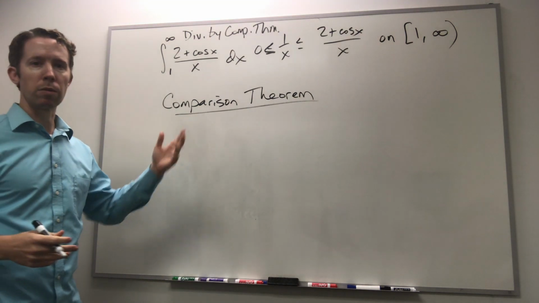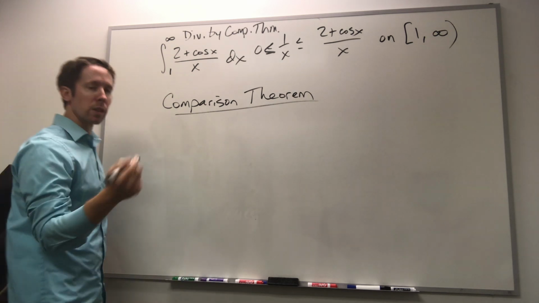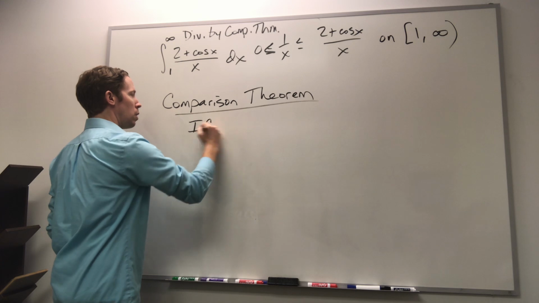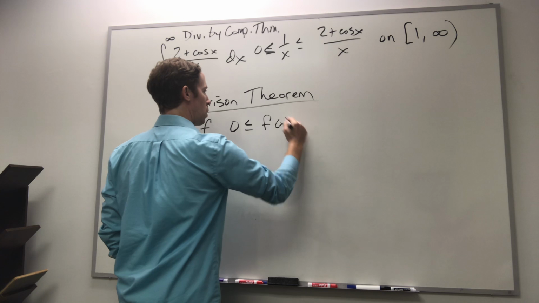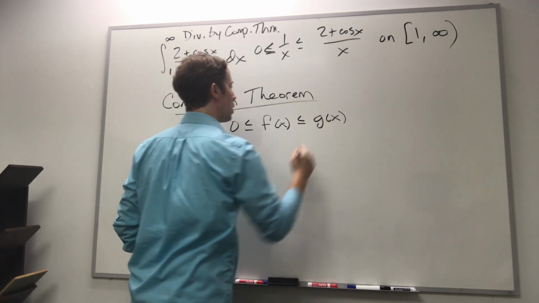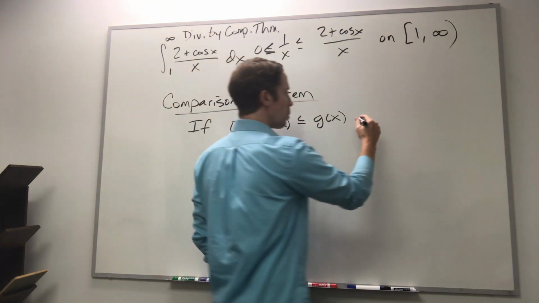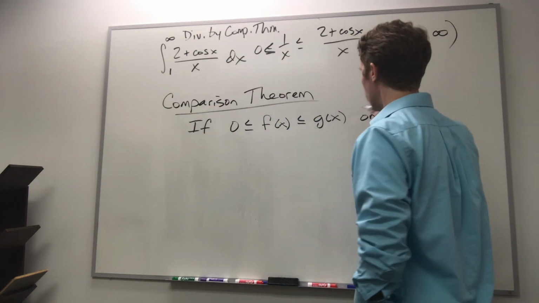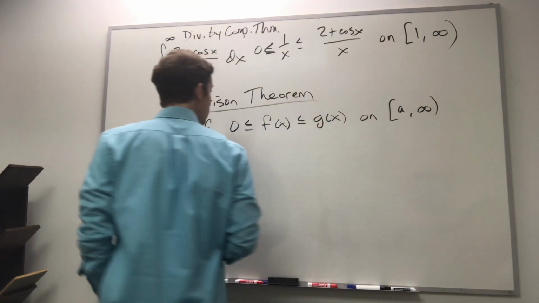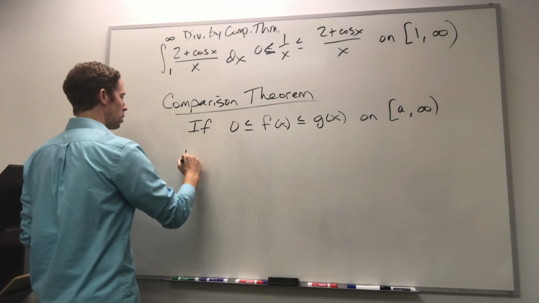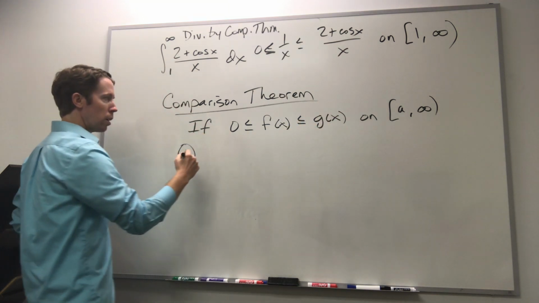This is the comparison theorem for improper integrals. The setup is you have a couple of functions that you know are both positive. And you know that one is bigger than or equal to the other one on some interval. I'm going to start it at a finite number and go out to infinity. So maybe I should say suppose this, period, then